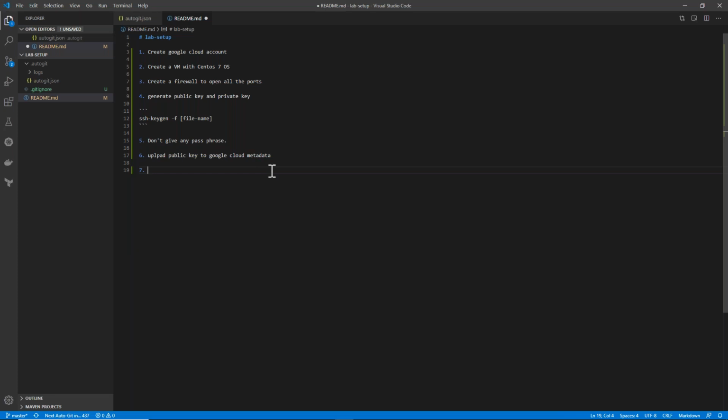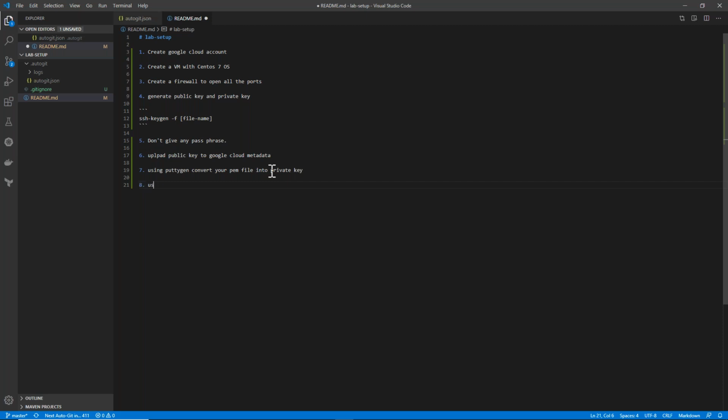Okay, so I'll just write down the steps here. Using PuTTYgen, convert your PEM file into private keys. And then, what is the command? Use the below command.